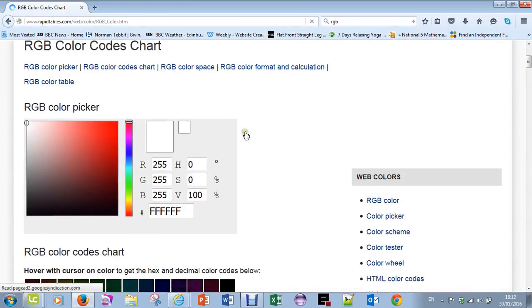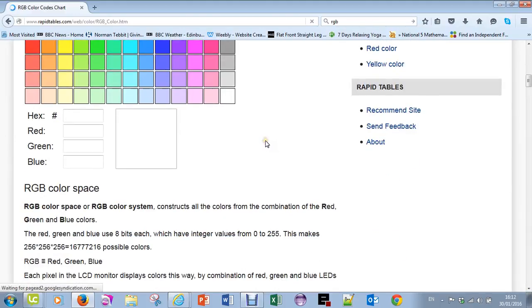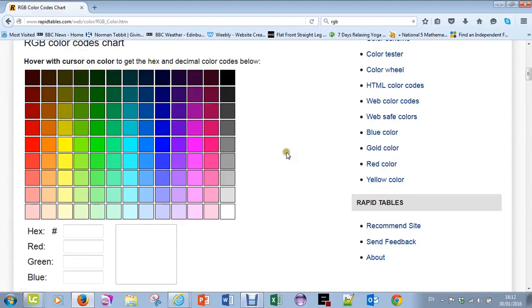and when this comes up, if I scroll down a little bit, this allows me to, if I roll over these, you can see down here I get the RGB value of the colour. So say if I go over on that red, you can see that the RGB code for it is 255, 0, 0. This one is 255, 128, 0. So as I move around here, but I think I'm going to use this one here, 255, 0 and 0. So I'll just minimize the browser,